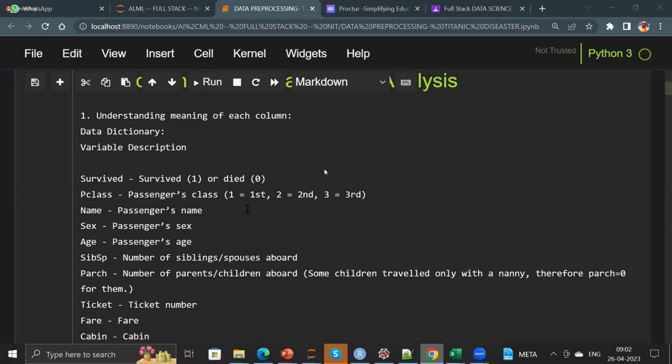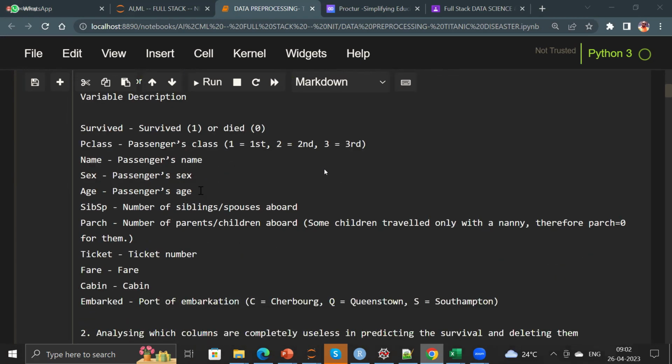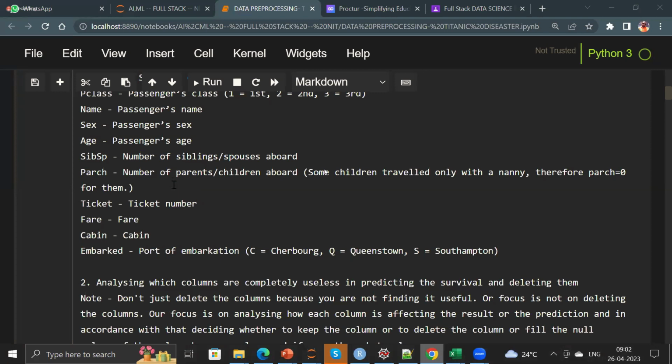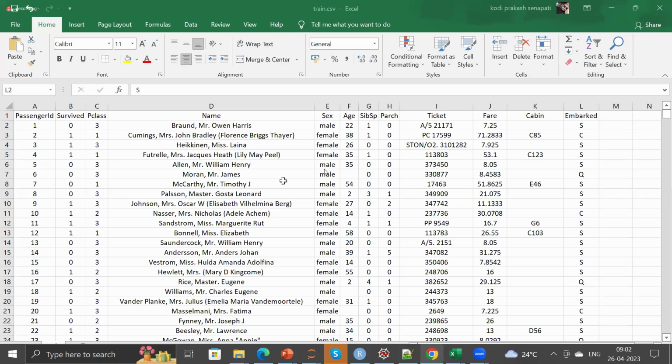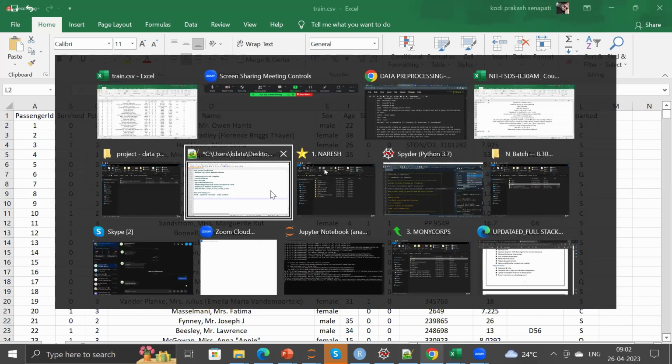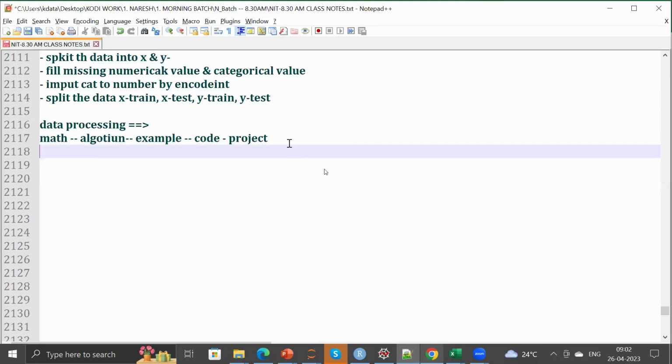The same way we can call first class, second class, and third class. And passenger's name, passenger's gender, passenger's age, number of siblings, spouse aboard. So if you see this, one thing I just want to recommend to the 8:30 a.m. batch: whenever you want to work on any projects,